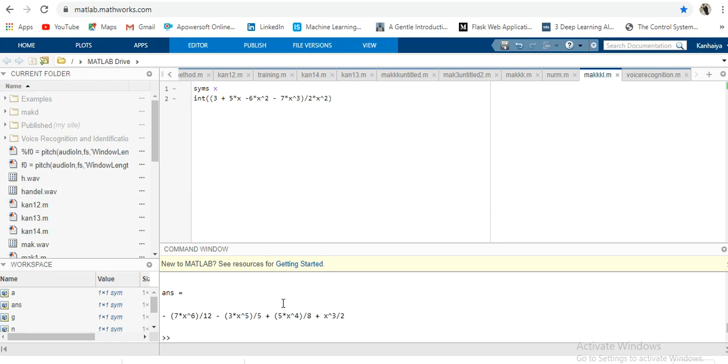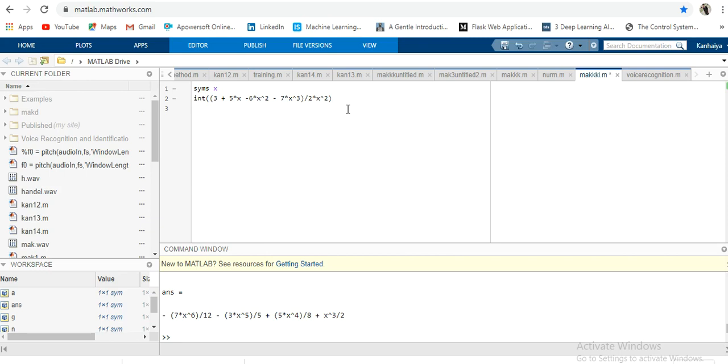Yeah, this is the answer. Okay, you verified the answer. I think it is giving the right answer. I haven't solved it on paper, but it is giving the right answer. We can check it manually also. Okay, but it is a little bit complicated, so I am not going to take the time because the video will become very long. Right now, it is giving some complicated type of answer.